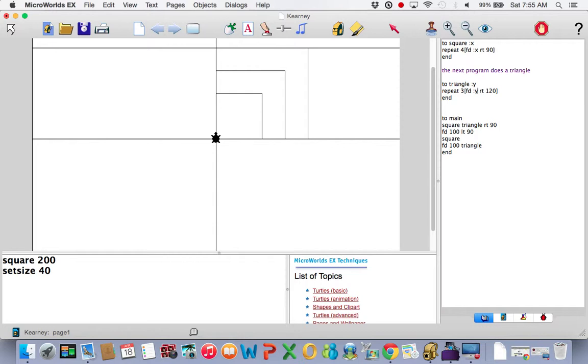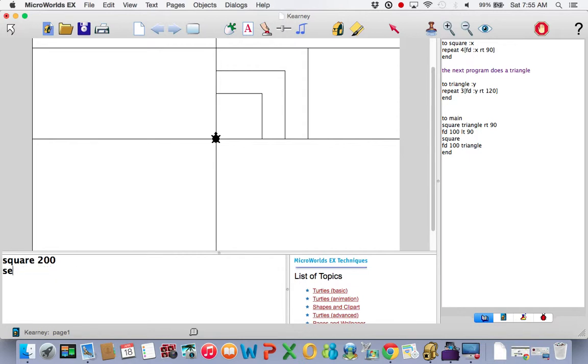Now, the angle still stays the same. The angle has to be 120 for a triangle because 120 goes into 360 3 times. A square has to have 90 because it goes into 360 4 times. I mean, that's just the way it is. So the key to Logo is the angle, the exterior angle. Now anytime I want to make triangle,